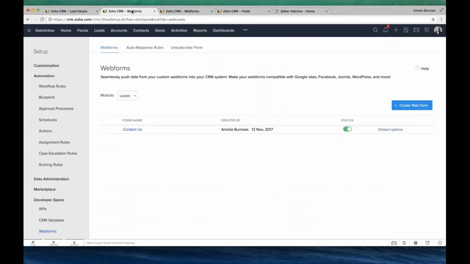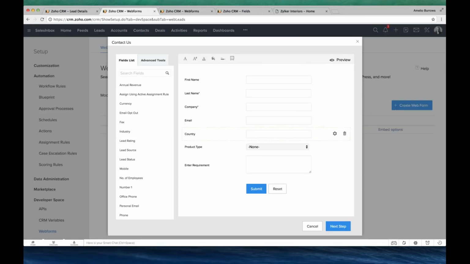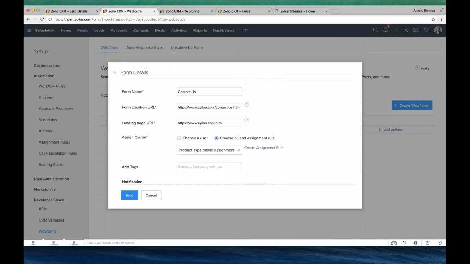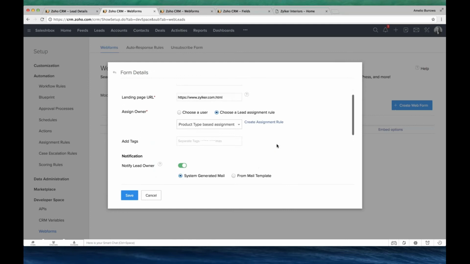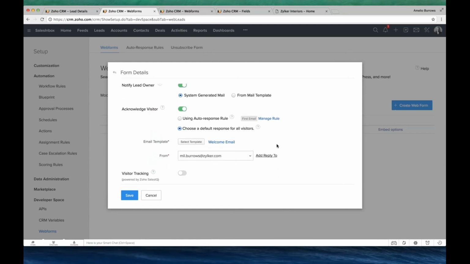Inside the web form, I go to the same web form. On the form details, there is an option to notify the person who actually submitted the form, so acknowledging the visitor.